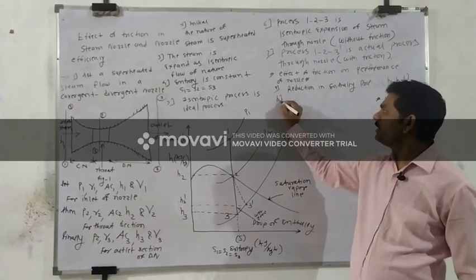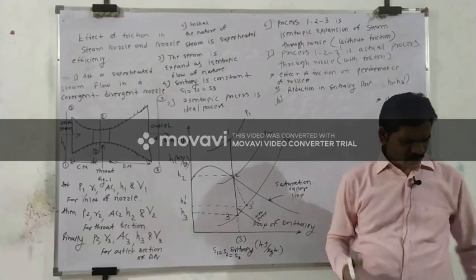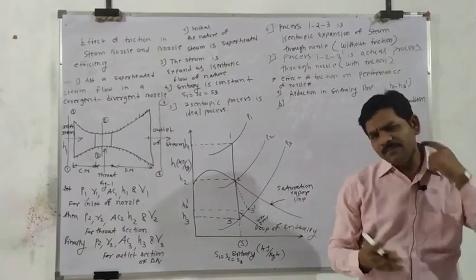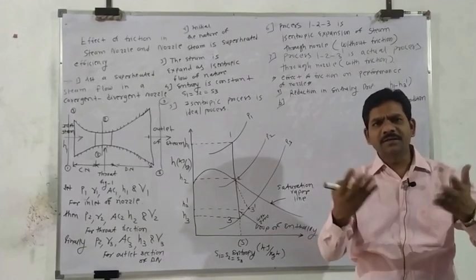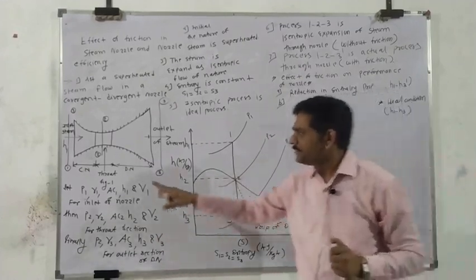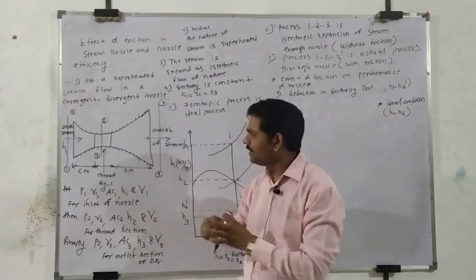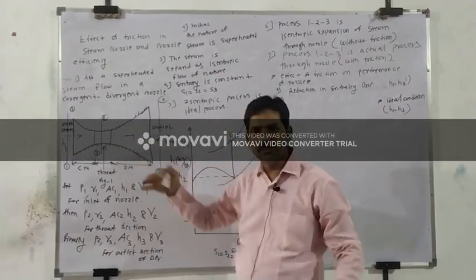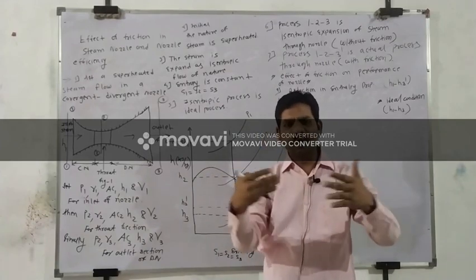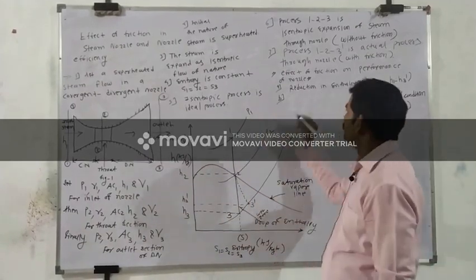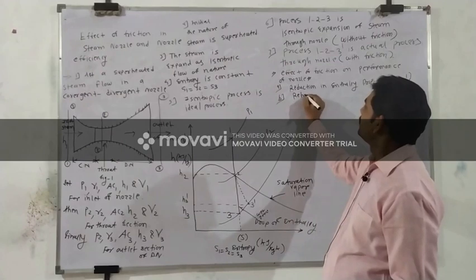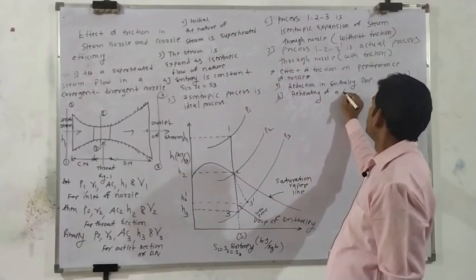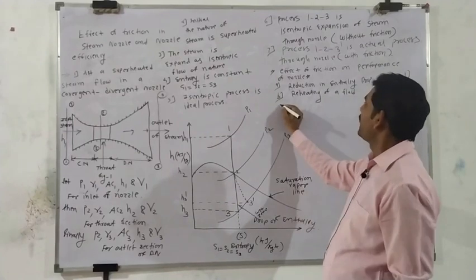Then another point here, very easy. Another point is reheating of the fluid after the friction. Because of the friction, a lot of heat is generated when the steam is passing through the nozzle. This steam makes contact with the wall of the nozzle, there is friction between the nozzle wall and the steam, and reheating of the fluid. So this is the second impact, reheating of a fluid.